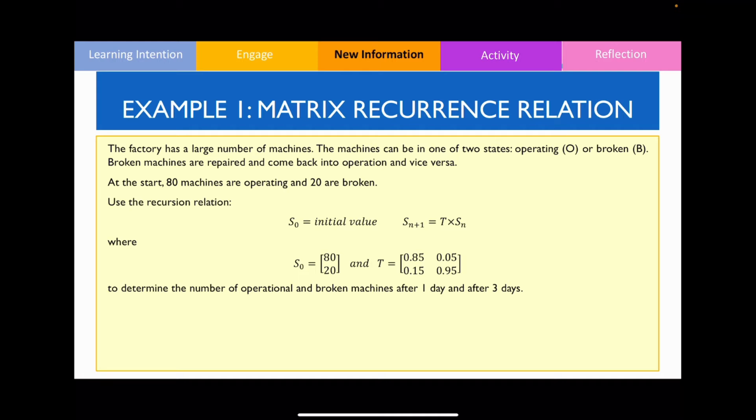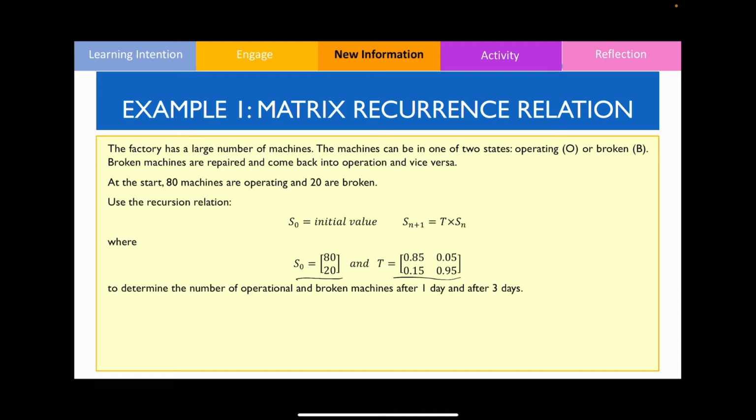At the start, 80 machines are operating and 20 are broken. So that tells us essentially our initial state matrix. Use the recurrence relation down below where they've given us this over here as well as our transition matrix. The question ultimately wants us to find out what is the number of operational and broken machines after 1 day